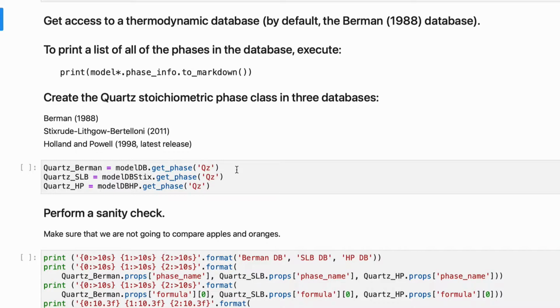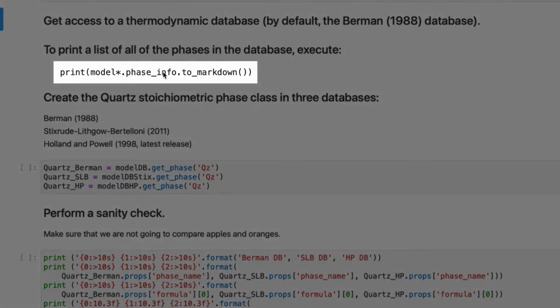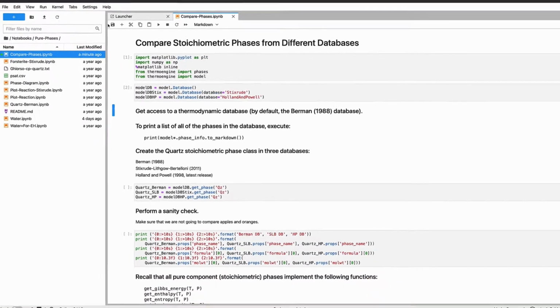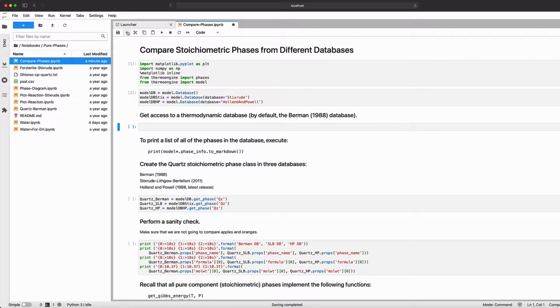If you'd like information about all the phases in one of the Enki databases, or just what abbreviation is appropriate to use for a particular phase, the easiest thing to do is to print out a list of phases in the database by executing this command. Let's do so just for illustration. Let's stick a new cell in. Let's copy this command